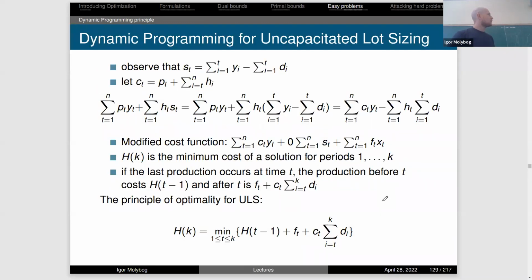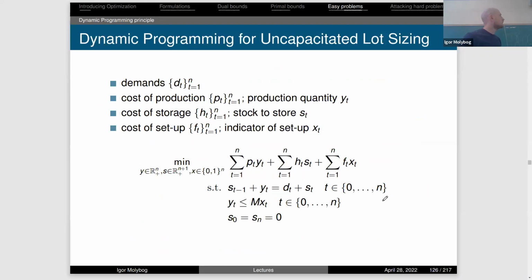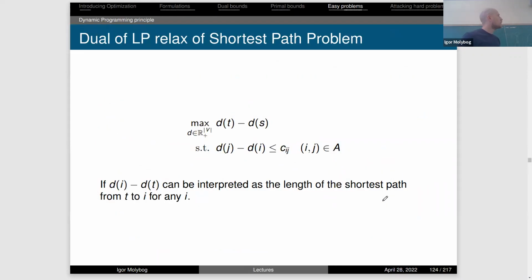Does anyone want me to go over an example of a construction of principle of optimality? Does anyone remember anything about construction of the principles of optimality? You remember? So okay. Let me actually pick a topic and go over that. I think the principle of